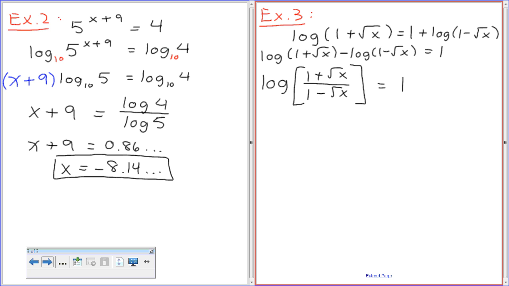Okay, so let's deal with, this is looking good, but not yet great. So I have log of something equals 1. I want to get the right-hand side to be log of something so that I can just cancel the logs and then be done with the question, right? That's what I want to do. So what does 1 equal? Log of what equals 1? Log of 10, right? Yeah. So it's going to be log